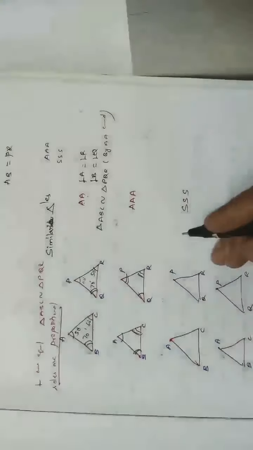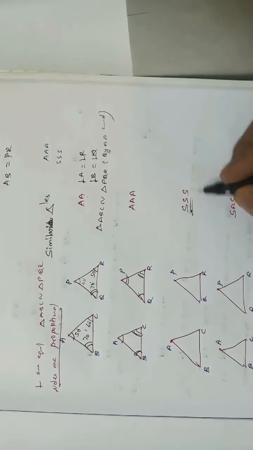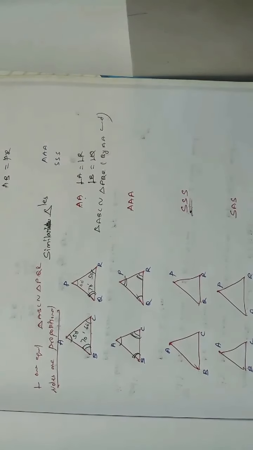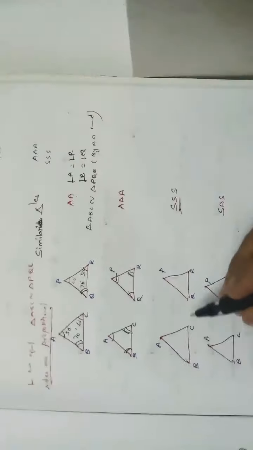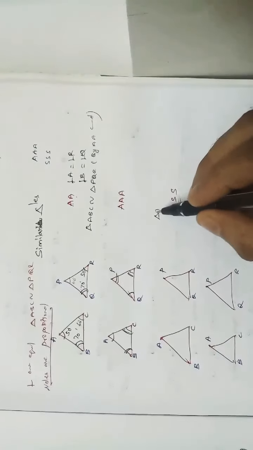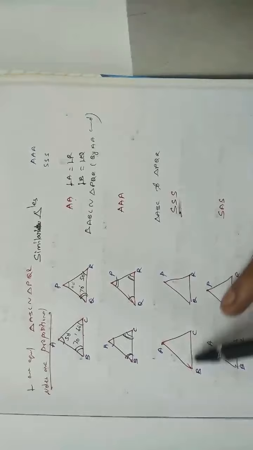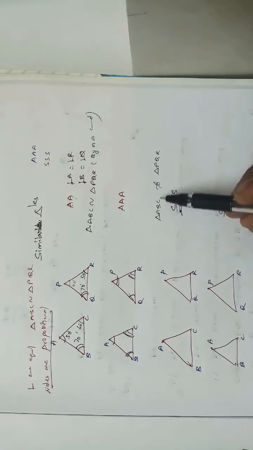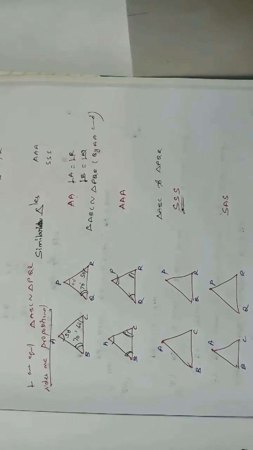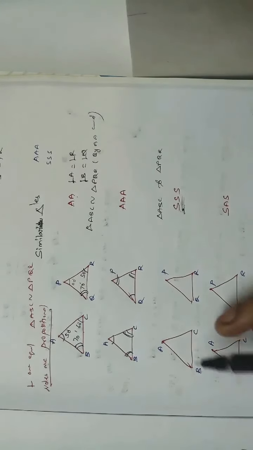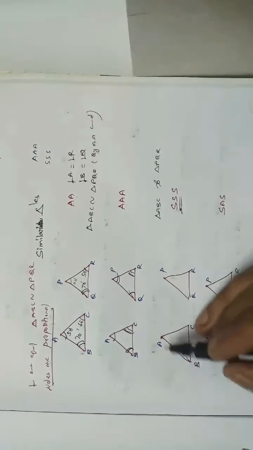Then come to the third property, that is the triple S rule. Here the sides won't be equal; the sides will be proportional alone. I'm taking triangle ABC and triangle PQR. This is very important: while you are writing, you must not change the order. If you change the order, the ratio will be different and it won't be proportional, it won't be the same ratio. Then we can't say that these two triangles are similar. So whenever we write, we must write in the correct format alone.